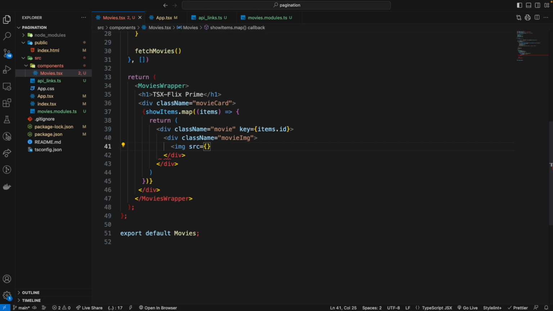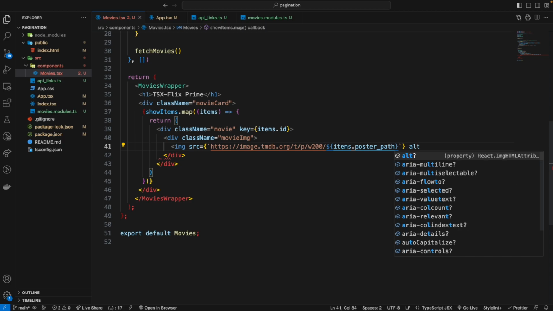So we have to pass it a link, which is https://image.tmdb.org/t/p, and then we have the width, which is 200 in our case, slash that, and then we will pass it the items dot poster path,